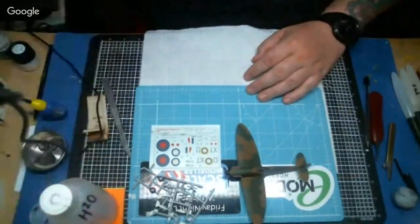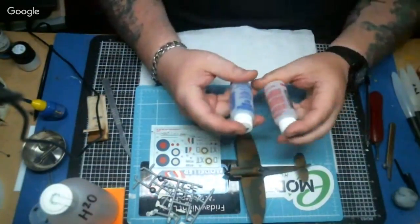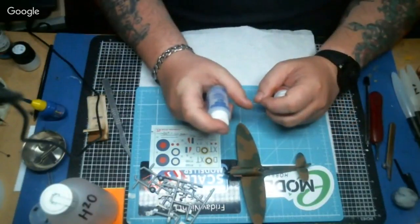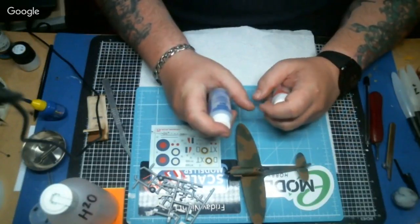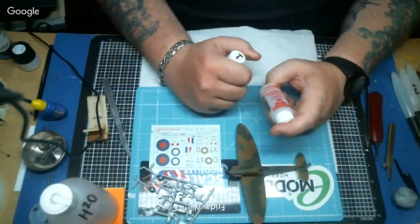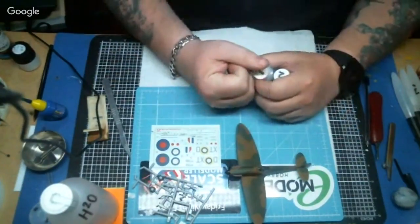But before we do that, I'm going to show you some of the other items that can be used. One of the most popular ones is the Micro Set and Micro Sol. Micro Set is what you place on the plastic before you put the decal on, and this aids adhesion to the model. Once that's on, you can then add Micro Sol. This softens up the decal and helps it conform to corners and complicated shapes, and helps the decal get sucked down onto the